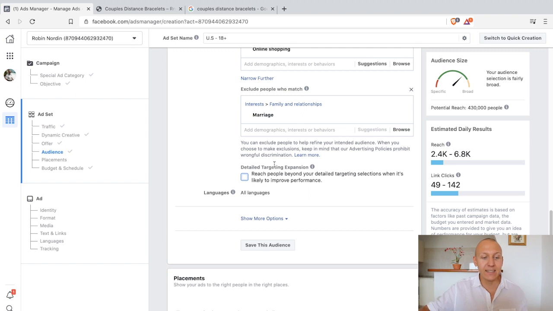Alright, so that is the section on detailed targeting. It's quite a big one, and this is where you really get into the psychology of things. Once we're done, we just continue and scroll down,